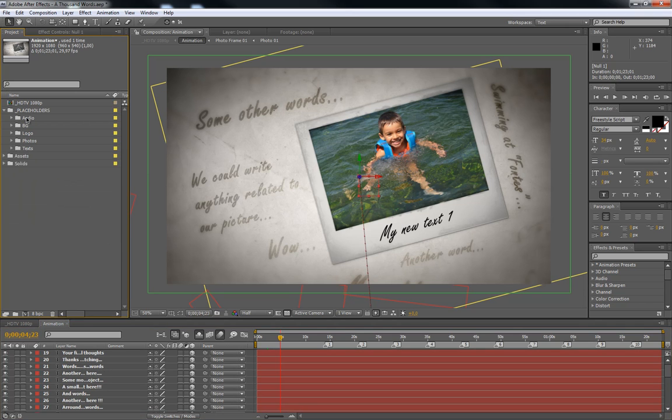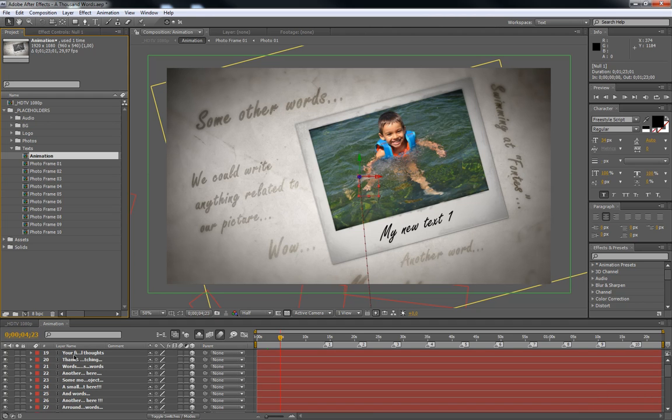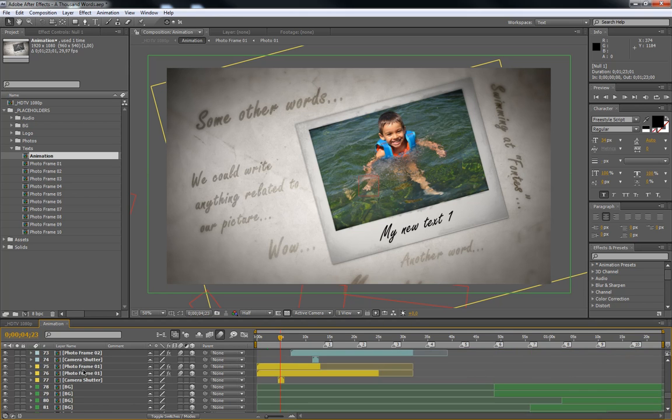Usually I have besides all my placeholders, I put a folder with the main composition where I did all the work, where I did all the animations, etc. And as I said before, because of the text in this case, I decided to make the actual composition of the animation the text placeholder, so I wouldn't complicate the life of people that would purchase this, in this case you. So don't forget to unhide the little guy here in case you want to see how the project is done and layered